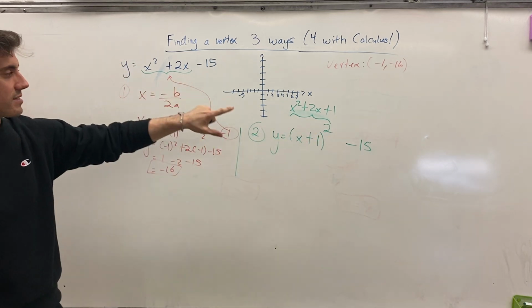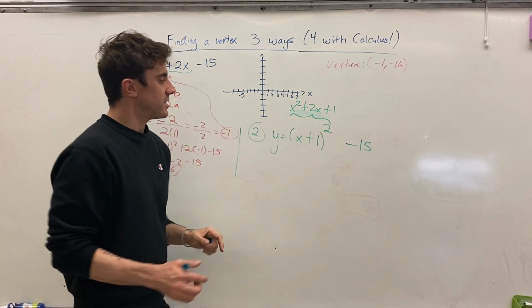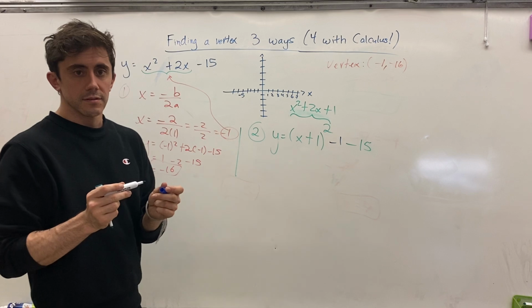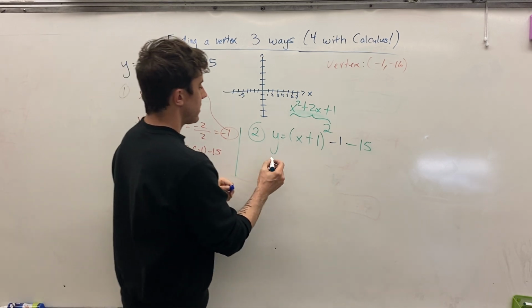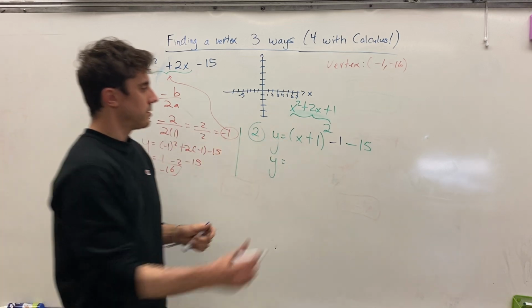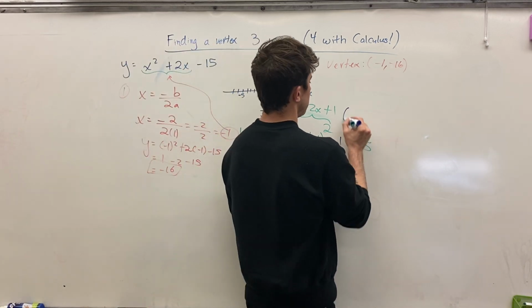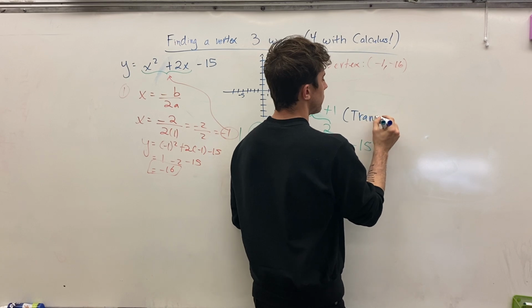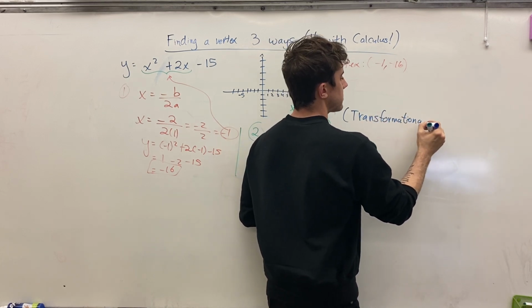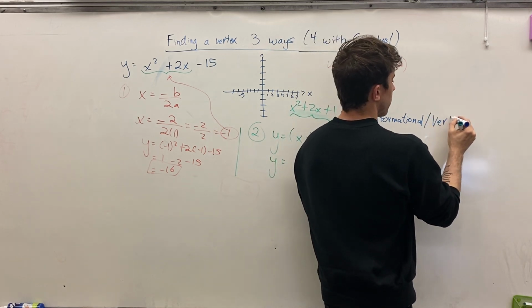And so to balance it out, the plus 1 needs to be balanced out with a minus 1 afterwards, okay? And now that we've done that, this is called either writing the equation in transformational form, I'll jot that down, transformational form, or you might have heard it referenced as vertex form,